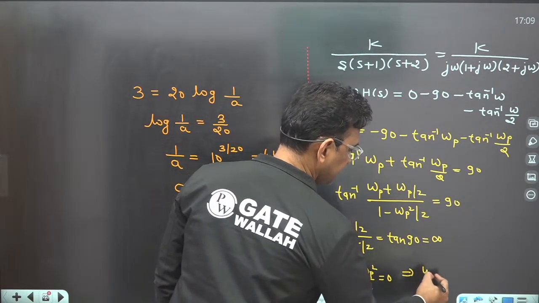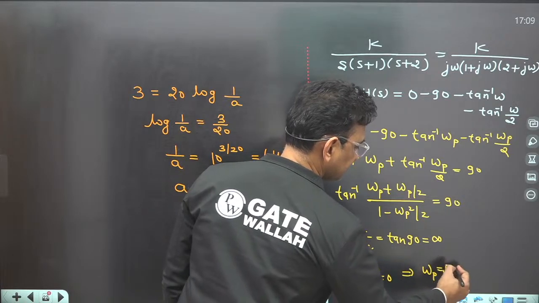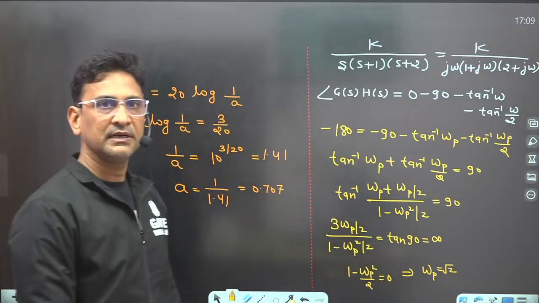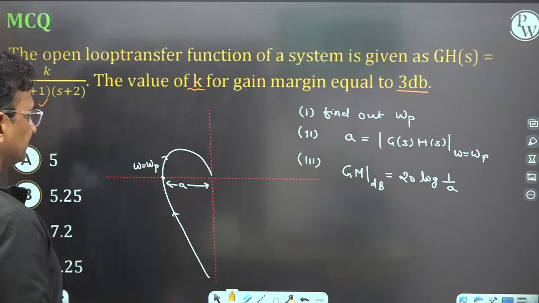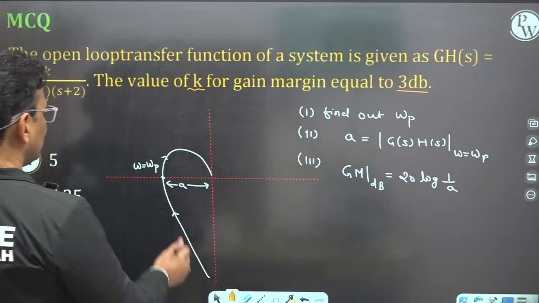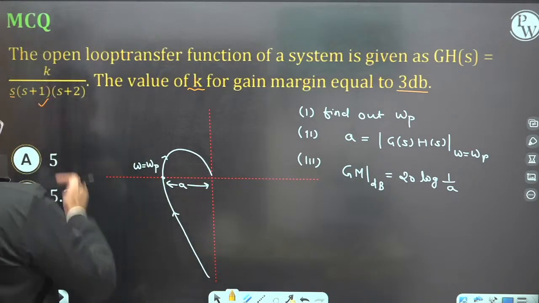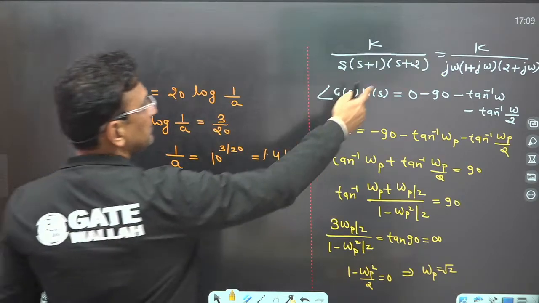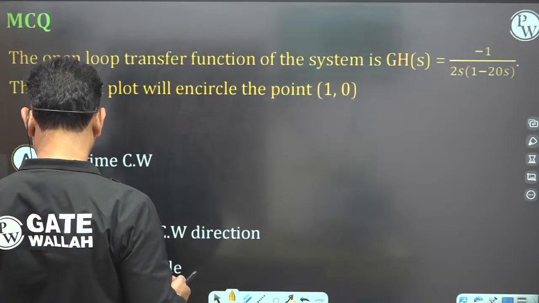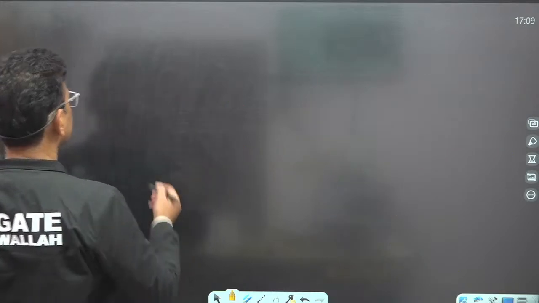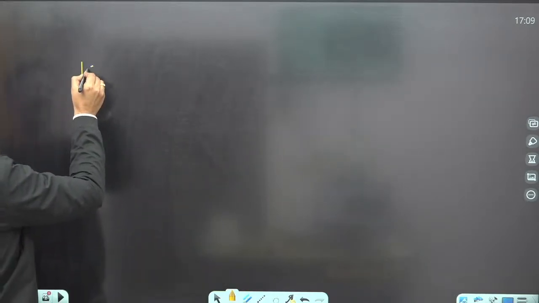So the omega p is nothing but under root 2. Clear? If you know the omega p, now what is the value of A at omega p frequency? The magnitude of this, A at the omega p frequency. So magnitude of G(s)H(s)